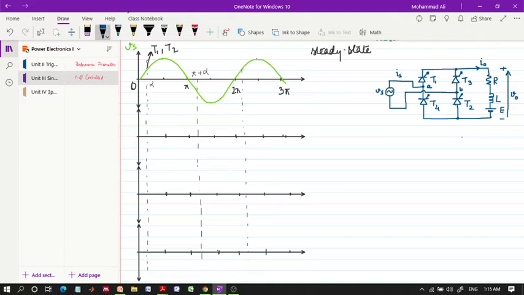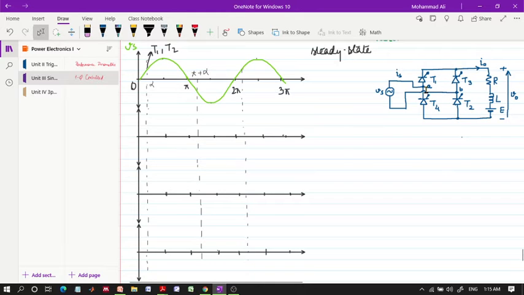Sometimes we can also write it like this: T1, T4, T3, T2, T1, T2, T3, T4. That's not a big problem, but in fact what happens is this should not be turned on and turned off simultaneously. So either we do that analysis, or we should stick to the analysis that I'm doing right now, that we are turning on T1 and T2 simultaneously, and T3 and T4 simultaneously. So that's why the numbering will ease our problem.